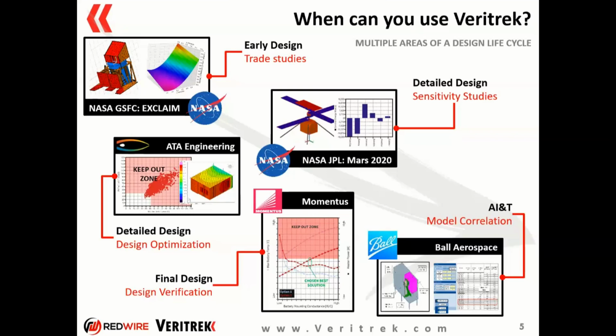One example is some of the work that we did with NASA JPL on their Mars 2020 program. We also had ATA Engineering that used Veritrek during the detailed design stage to optimize their thermal design. In that particular example, they had multiple radiators and they were trying to trade radiator size, trying to make sure that the size met both hot and cold case conditions. Also with final design